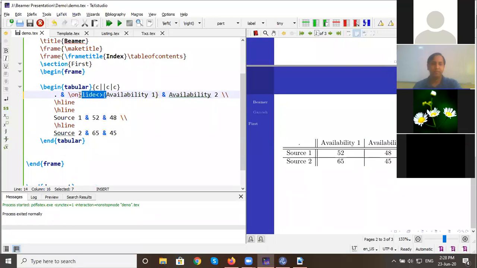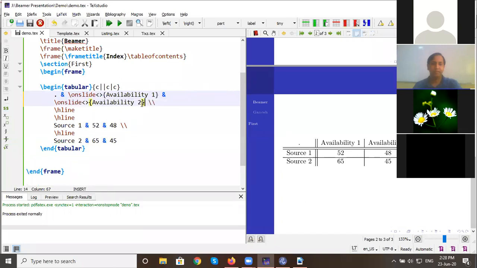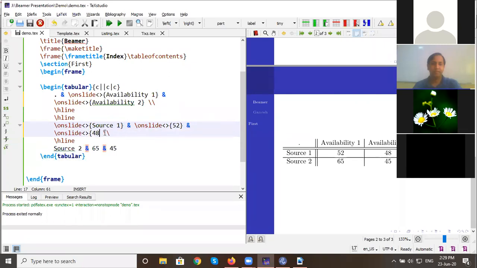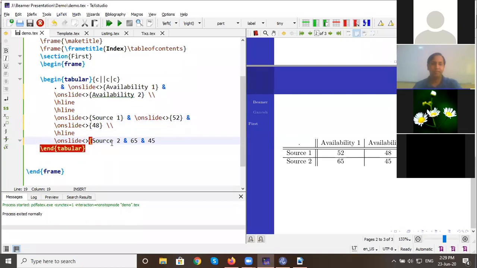We just copy this for all and then discuss the positioning. So I copy it everywhere for each element of that table. Be careful, if you forget to close the brace bracket, then it takes a lot of time to find the error. So whenever you open a brace bracket, close it. Okay, so this is ready.